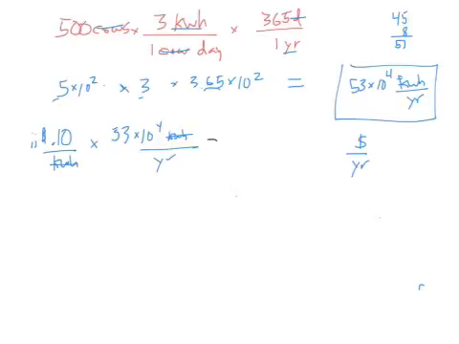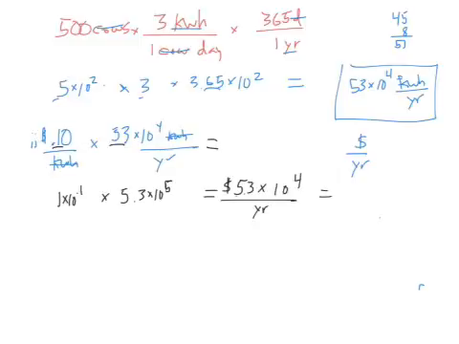Now I'm going to say 53 times 0.1, put this in scientific notation, 1 times 10 to the negative 1 times 5.3 times 10 to the fifth, right? So now when I multiply those, I'll be in units of 10 to the fourth. 1 times 5.3 is just 5.3 times 10 to the fourth dollars per year. Seeing that as a whole number sometimes helps. It's 53 with 4 zeros, so